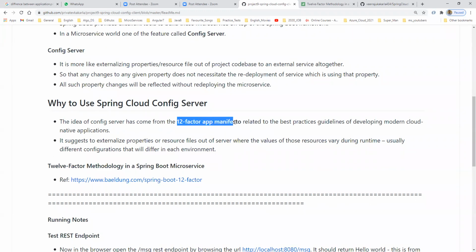People have already defined some manifesto: if you are following some of the factors from this 12 factor manifesto, then we can call your service a microservice. This is very, very important in interviews: how can you say your service is a microservice?